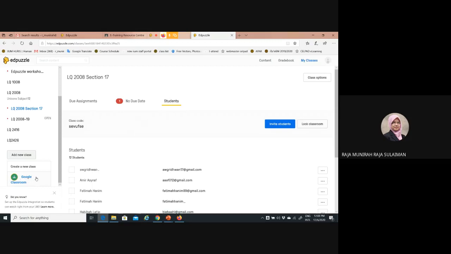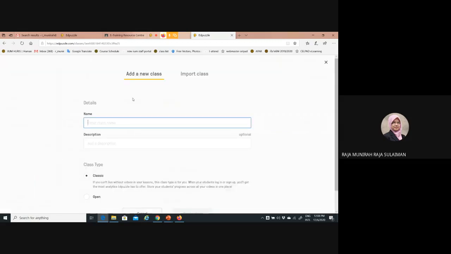If you have Google Classroom, then it's easier. You just import all of your students into EdPuzzle. If you don't have Google Classroom, don't worry. You just click create a new class and then put a name, description,